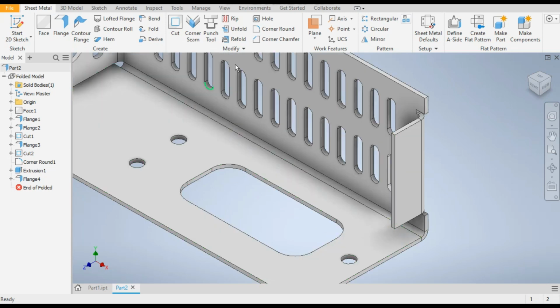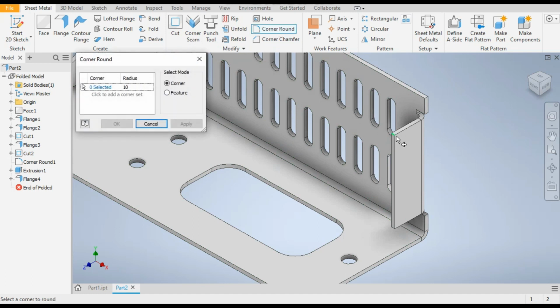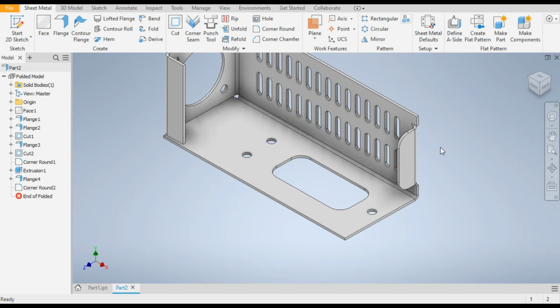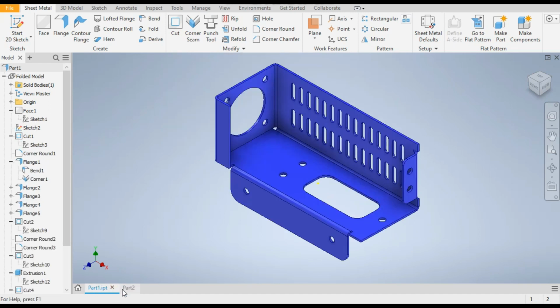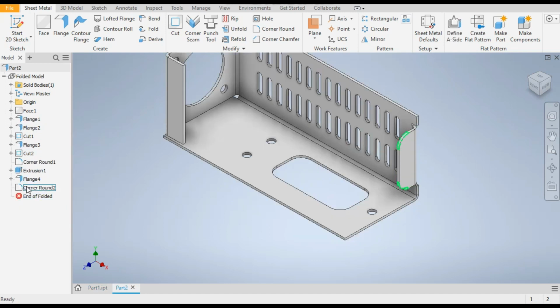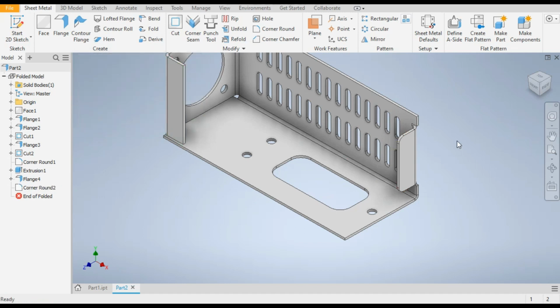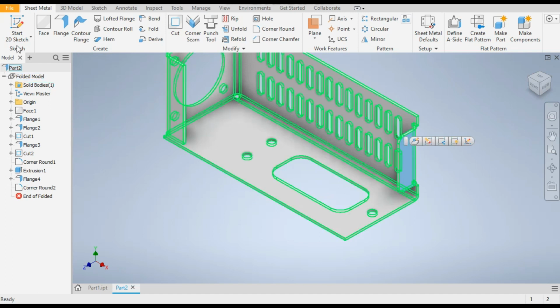Now go to corner radius, select this edge at radius 10 mm. The radius is already put, and OK. I think this is more, so double click this and give the radius as 5 mm and okay. Now this is perfect. Now select this face, go to 2D sketch,